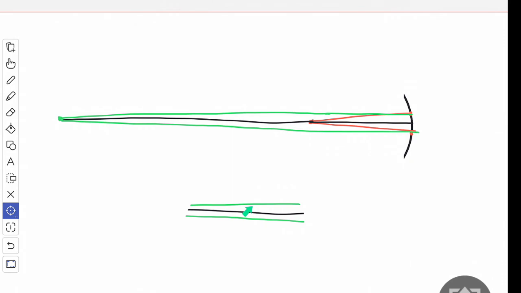So if this distance is infinity, let us say it is like 100 times the radius of curvature, and these two would look almost parallel, which means that when an object is very far off, we can assume that all the incoming rays will be parallel to each other and parallel to the principal axis. So what I will do is when we do the diagrams, and this is very important,